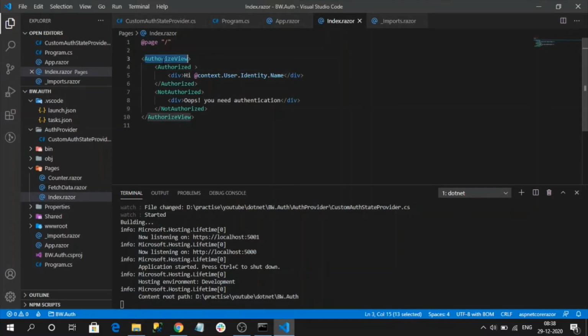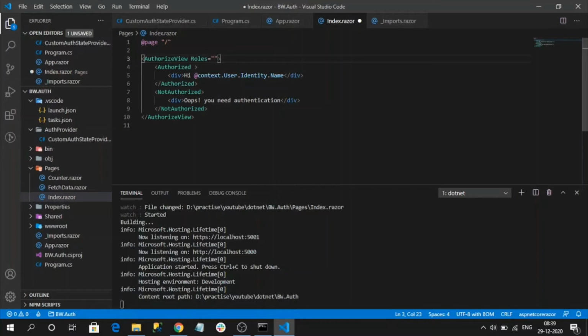So now we can check role-based authorization on this AuthorizeView component. To apply role-based authorization, it has an input parameter called Roles. Here I can specify which users that have this role can access it.